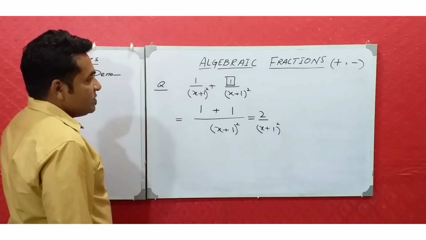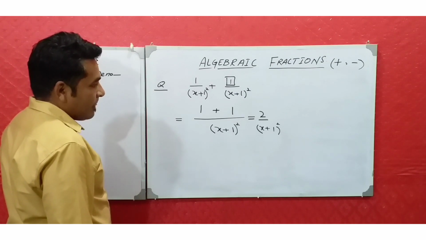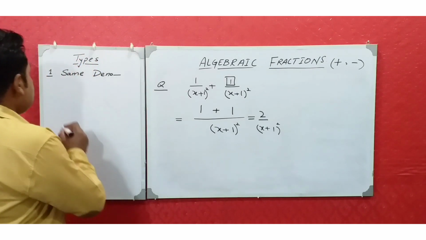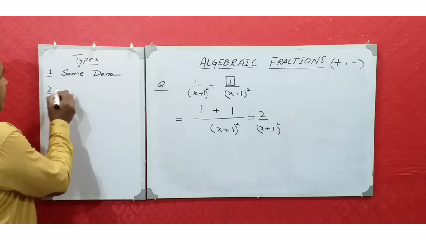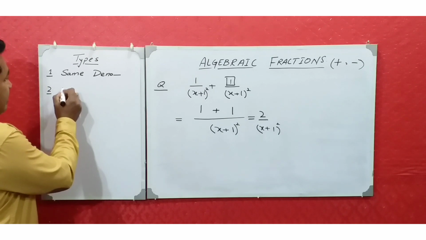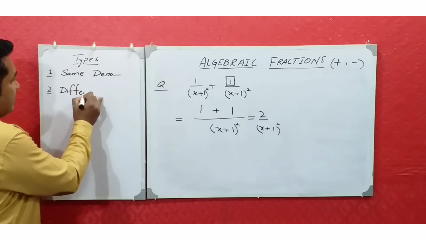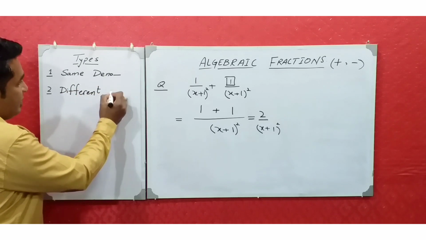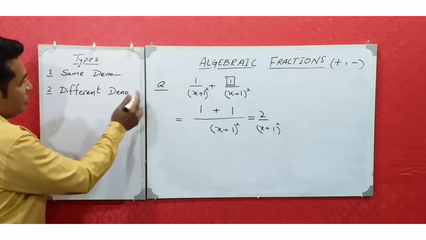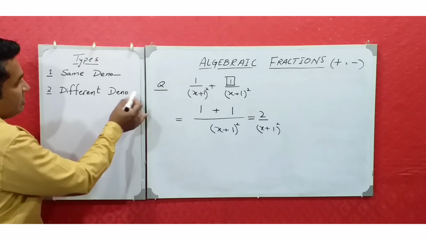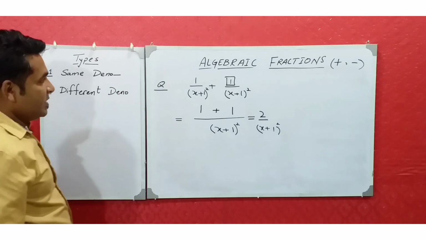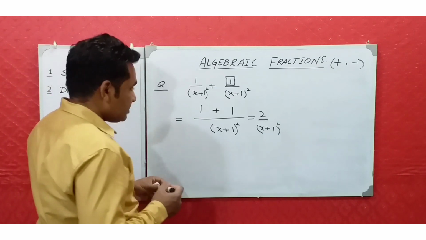I hope this is clear to you all. Now the next type is fractions with different denominators, shortly written as DENO because I have less space here. So when the denominators are different,